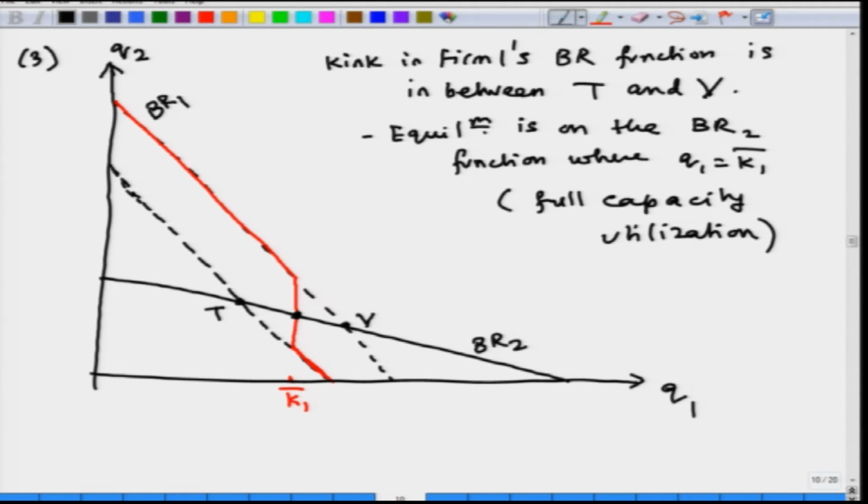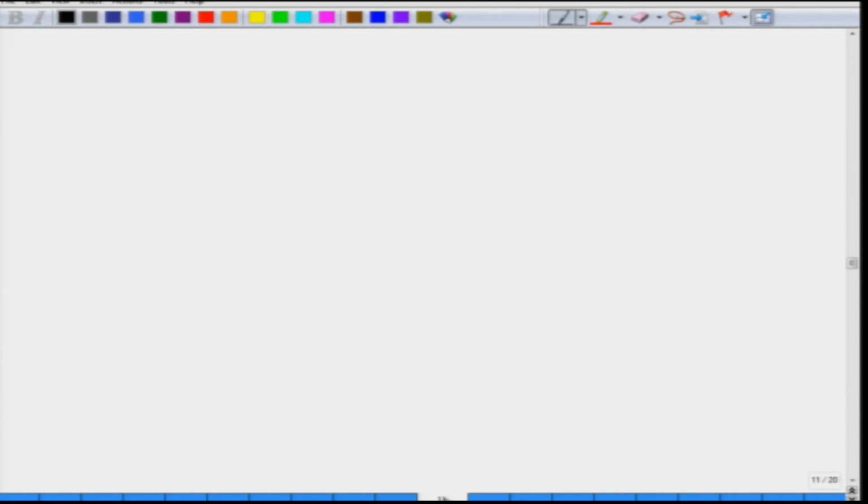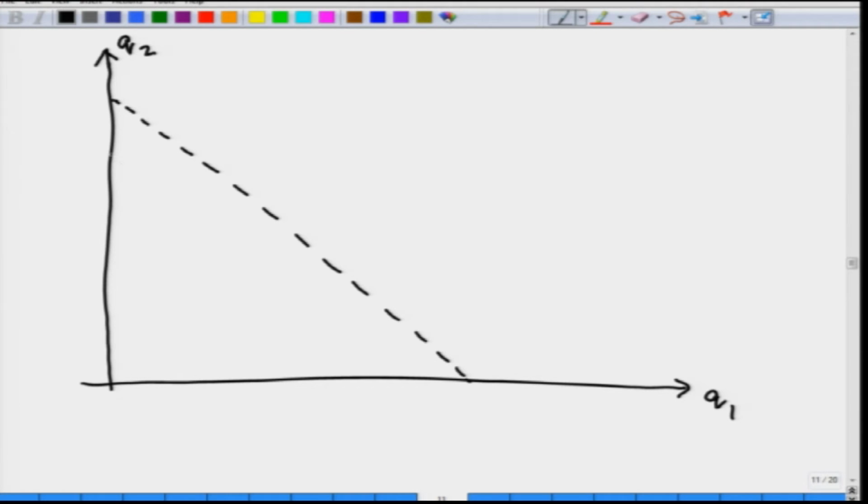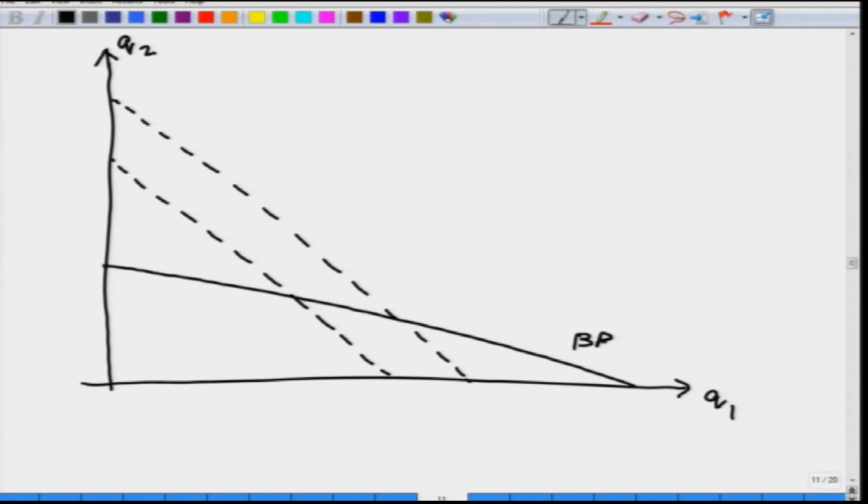If we were to capture all of these three things in the same setting, the Cournot outcome in stage 2 will be somewhere between T and V. This is firm 1's best response function, and if we have firm 2's best response function, the outcome is going to be somewhere between T and V, so that if firm 2 enters,